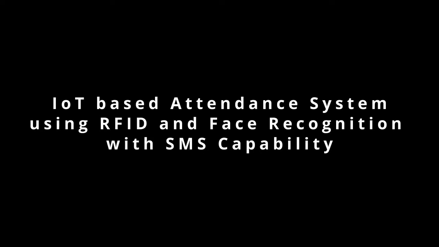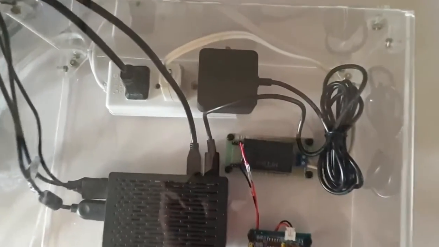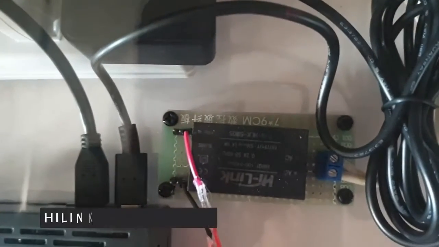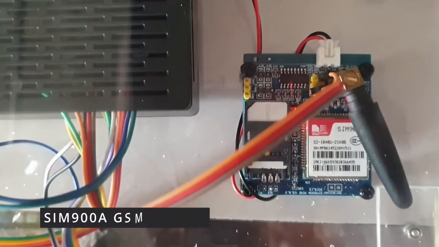IoT-based attendance system using RFID and face recognition with SMS capability. These are the parts: a Hi-Link AC to DC power supply, a 4GB Raspberry Pi 4B, SIM900A GSM module,